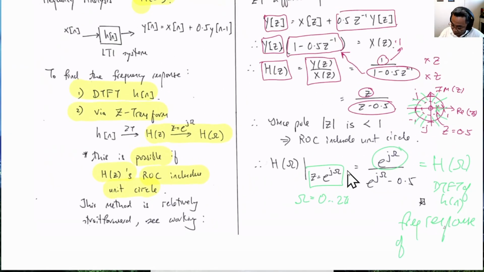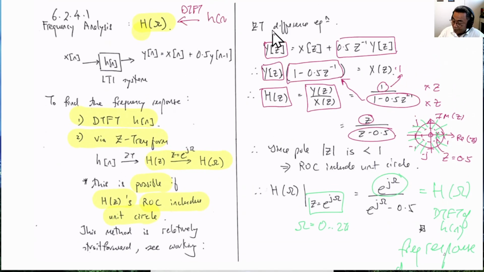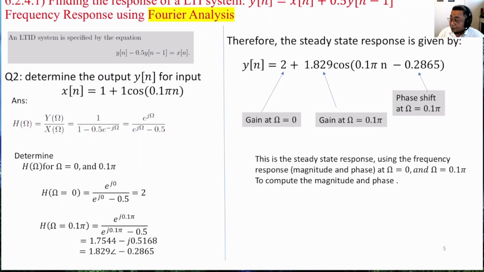Okay, so we now know how to get H of omega from this roundabout way of the z transform, but actually it only takes a few steps. If you have tried to find h[n] and the DTFT of h[n], then you realize that it's even more difficult, which is this step 1. So once we have H of omega, what do we do? Well, we know that our input has two types of input. The two inputs are 1,